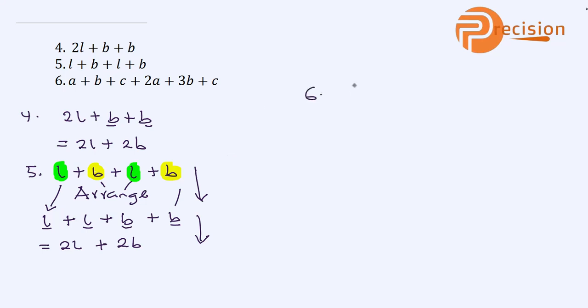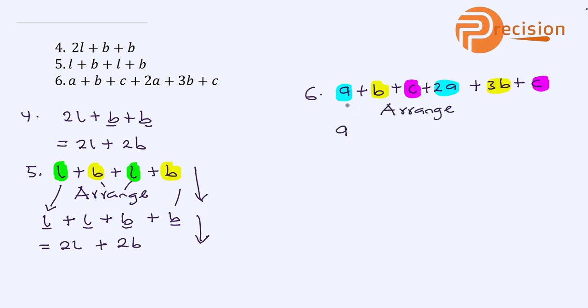So question number 6, we have A plus B plus C plus 2A plus 3B plus C. In this question, we have about 3 variables here and they are of different classes. So we have A here, we have for B is here and B is also here, and then we'll have for C is here and C is here. To solve this question, let's arrange the expression so that we can have A, 1A here,